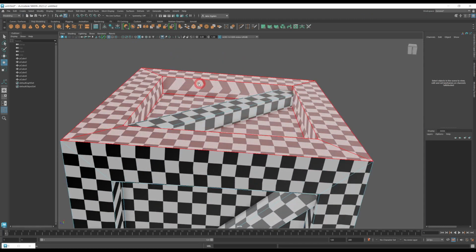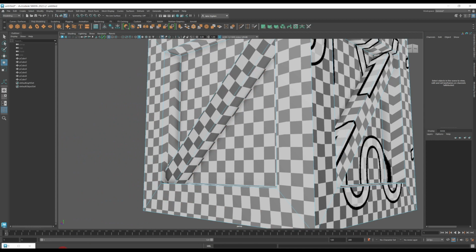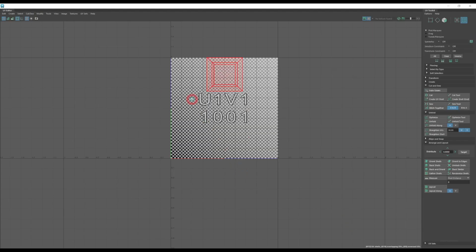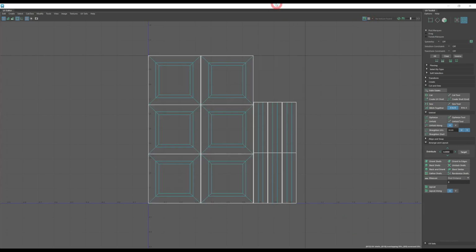You can see that these are looking a little bit weird, but that doesn't matter because the player probably won't be able to see this anyway. They won't be paying too much attention to it. If you do care about that, you can do cuts on these faces as well, and then separate them out. So if I cut that and do shell selection,